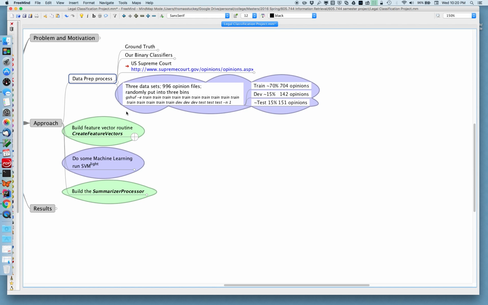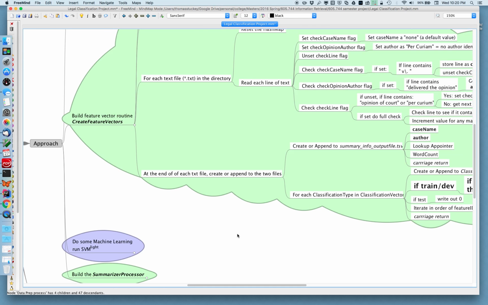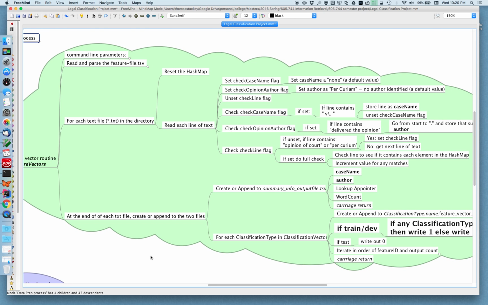Okay, moving out of the data prep process and into the bulk of this. I won't go over everything. This is largely my algorithm I used for processing the information. Employed hash maps heavily,